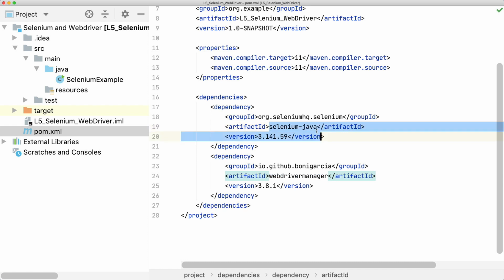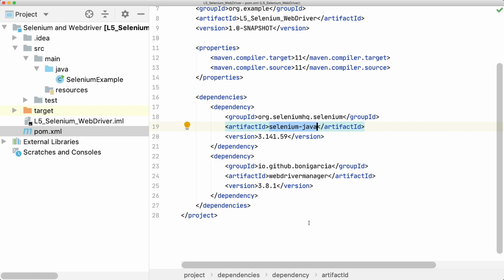The Selenium Java dependency is the most important. It's where we get Selenium's Java-based API. But as mentioned before, Selenium uses a different WebDriver for each browser it tests. In fact, every version of every browser has a specific WebDriver version associated with it. That used to mean that you had to spend some time downloading all of the relevant drivers and pointing Selenium to them, and that can still be useful when setting up a dedicated testing environment for this sort of thing.